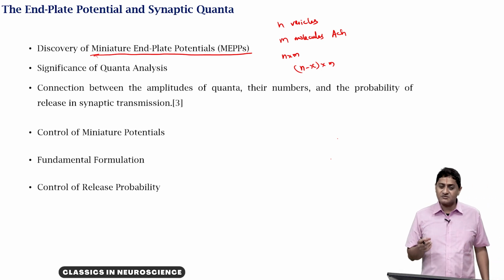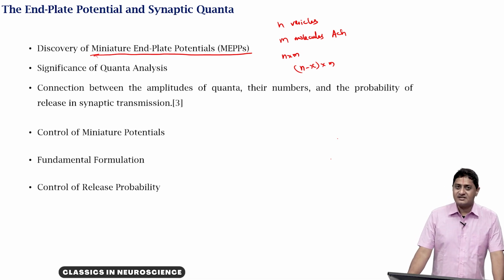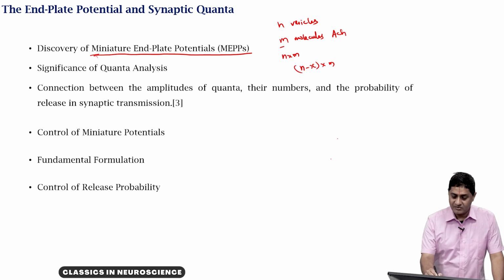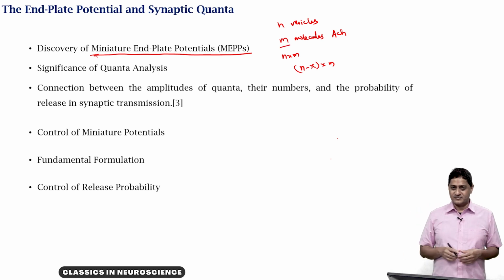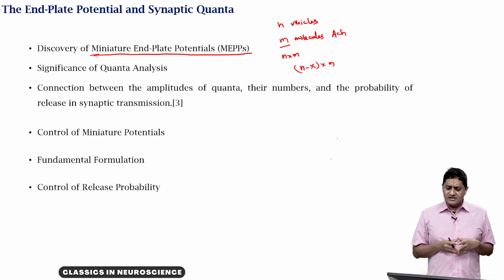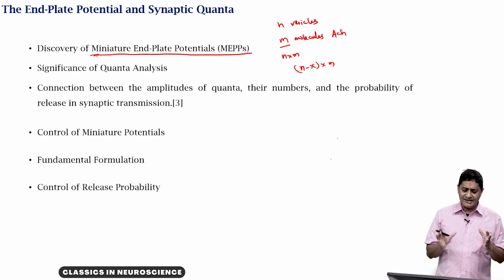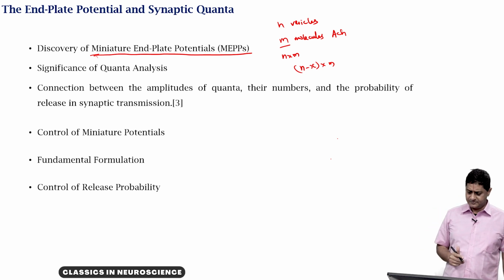So, which means that the smallest amount of acetylcholine molecules that can be released is actually 1 m, is just m, that is when one vesicle opens. So, when n vesicles are released and each of them contains m molecules, you are going to have n times m number of molecules of acetylcholine getting released into the synaptic cleft. So, all of these actions together sum to produce the final end plate potential.